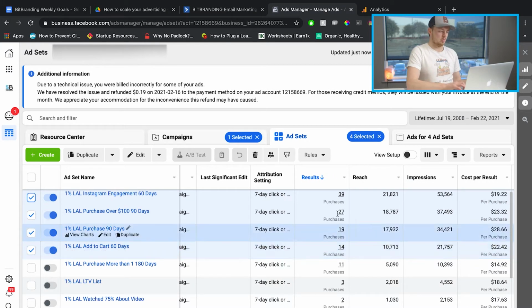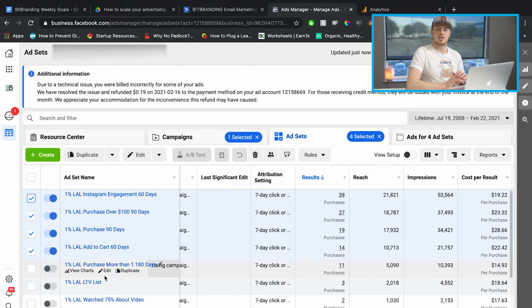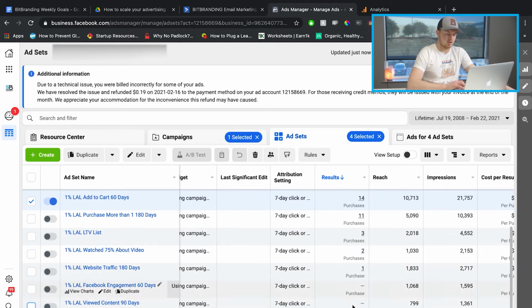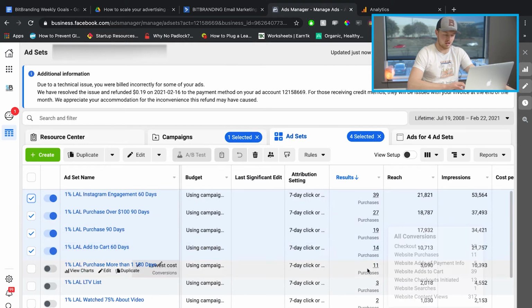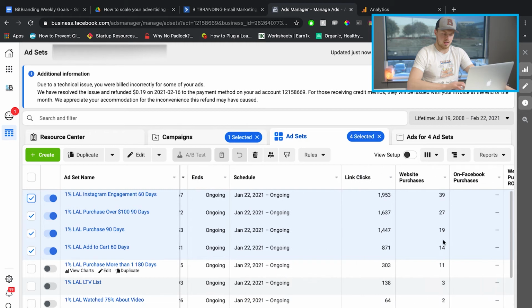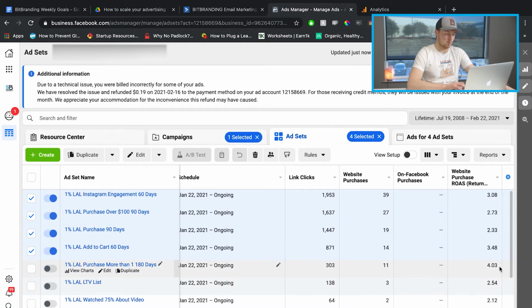But the reason that you want to do this is because giving this many audiences to Facebook allows Facebook to put more data out there and it helps you win more auctions. As you can see, it did figure out winners, but we had a couple of them. Almost all of them had purchases except for 2. And even this one here had 11. We turned it off at that time anyway. What did it have? ROAS. So we care about the return on ad spend here. It was actually a 4. So at that particular time, it was one of the best actually.